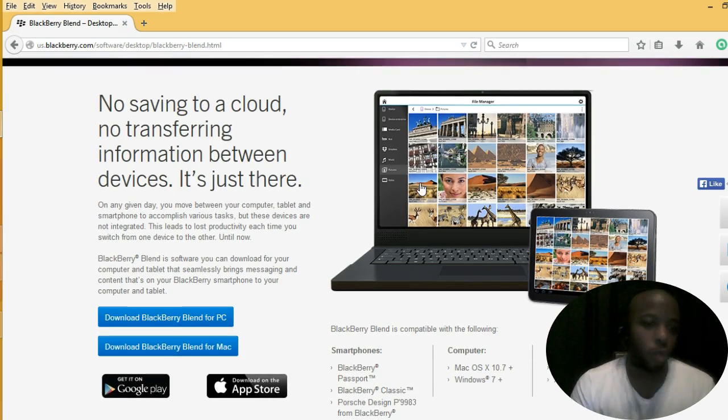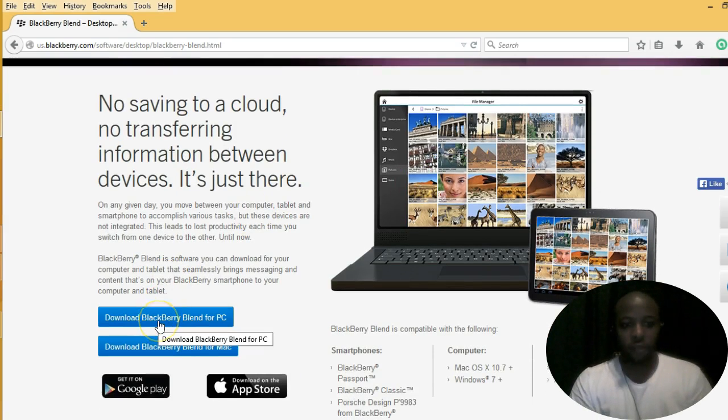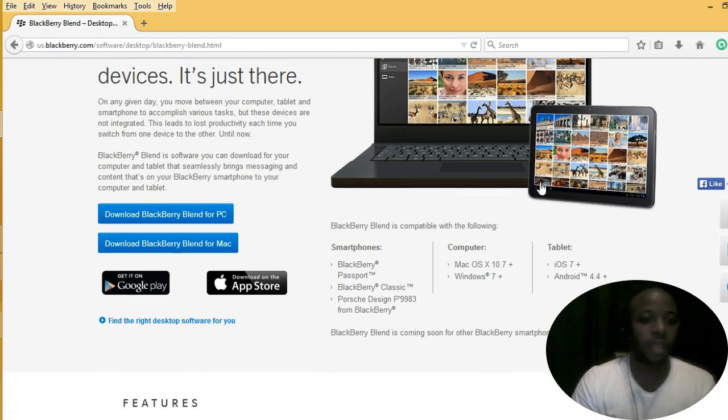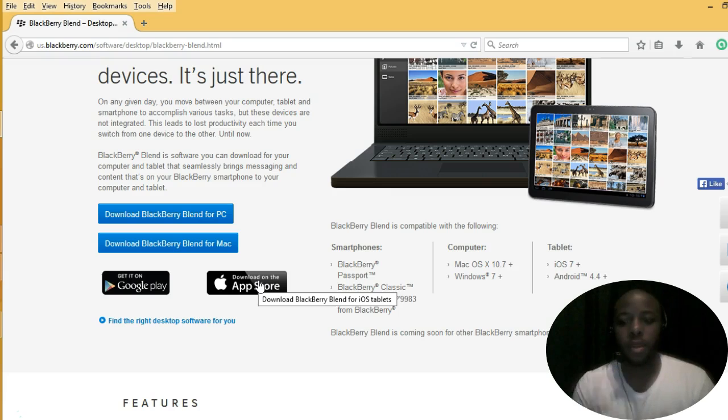And as you can see here, you will want to download whichever version matches the OS you're running on your laptop, for Windows and then for Mac. And for my Android and my iPhone friends, you'll want to go to your respective app stores to download the latest and greatest BlackBerry Blend software so that you can connect your tablet seamlessly with your smartphone device. And so once you download the software, one thing you'll need to do is just go in and